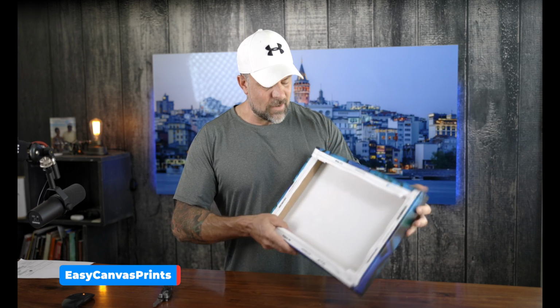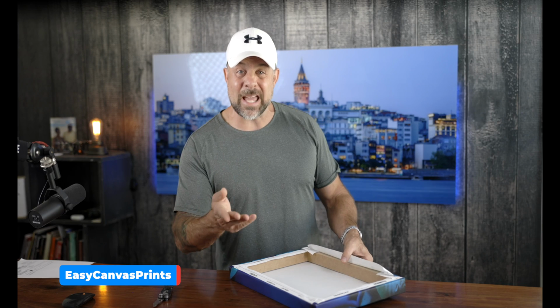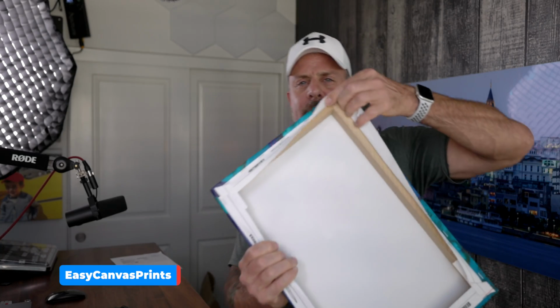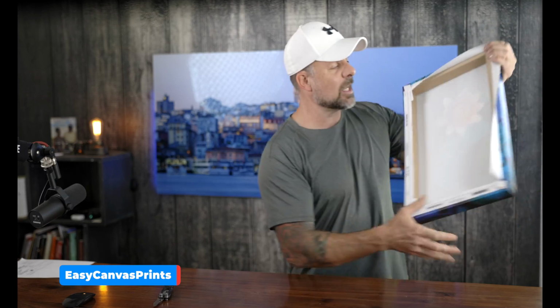And one thing I just noticed, which I've not seen before, this is a particle board frame. Now, it's not as bad as a pizza box. And if you haven't seen a pizza box, watch some of the other videos in this series. Canvas On Demand and Canvas Pop are a couple of videos if you want to see specifically what a pizza box is. This I've not seen before. So this is a particle board frame. So while I'm not going to give them as much crap as I would a pizza box, this is still